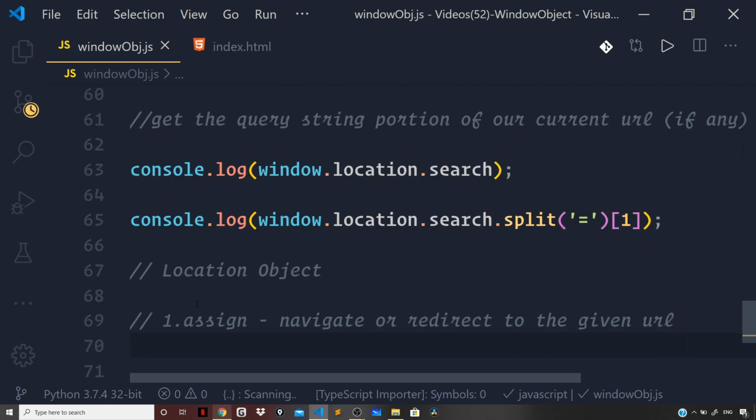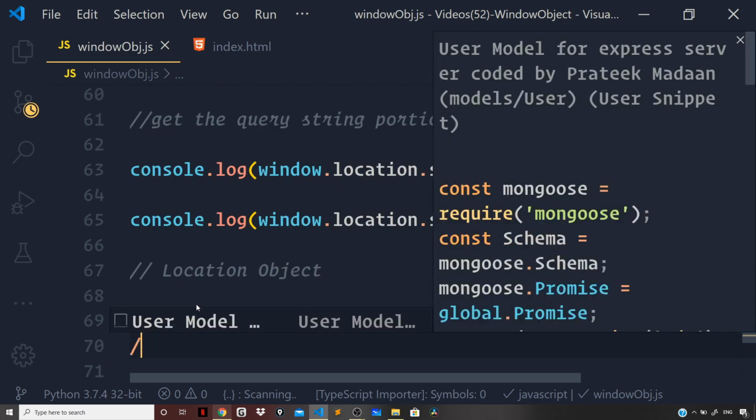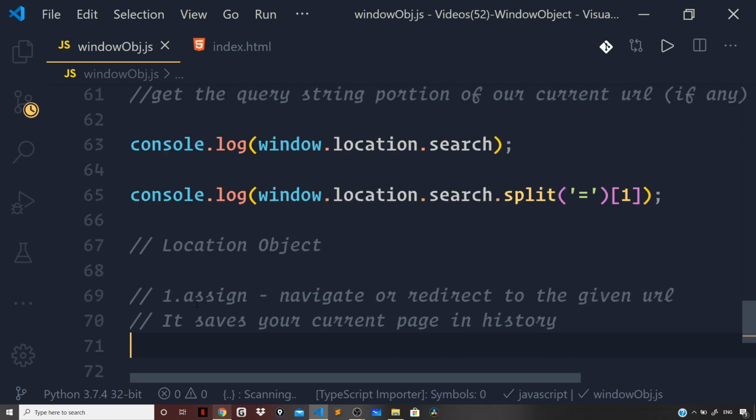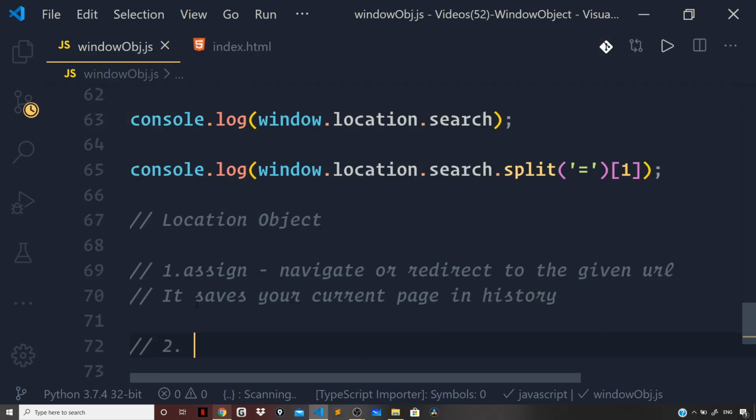Now one thing you need to keep in mind about this method is that it saves your current page in history. So it saves your current page in the browser history, so you can easily navigate back, which is not so in the replace method that I will discuss in just a minute. So now comes the replace method, and it is also used to redirect or navigate to a given